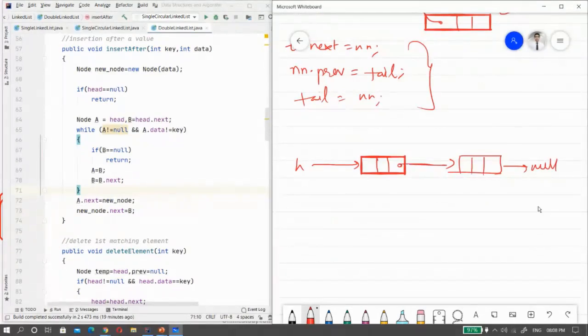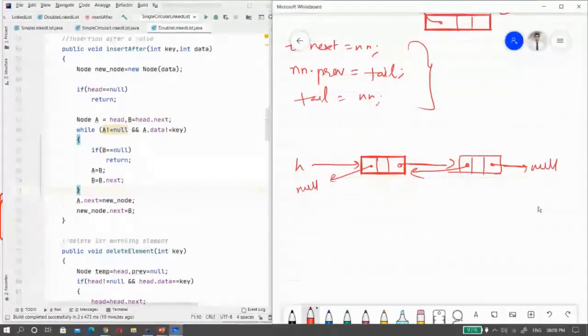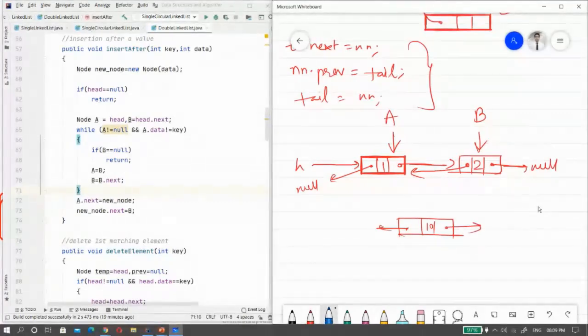So this is pointing to here, this is pointing to here, this is pointing to null, and this is pointing to null. We have to insert after A. This is A, this is B. Suppose we have created the new node. You can see in the first line only we have created the new node. Suppose this is storing 1, this is storing 2, this is storing 10. Initially this is pointing to null, this is pointing to null. Now what are the connections which we have to make? We have to make A dot next equal to new node, so you have to break this reference and say that A dot next is equal to new node. And